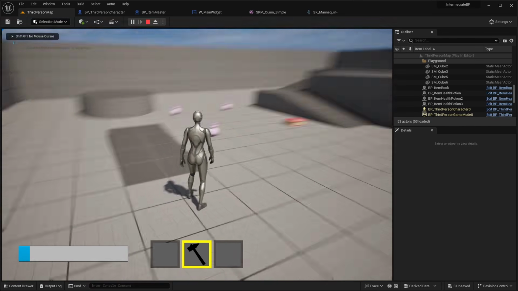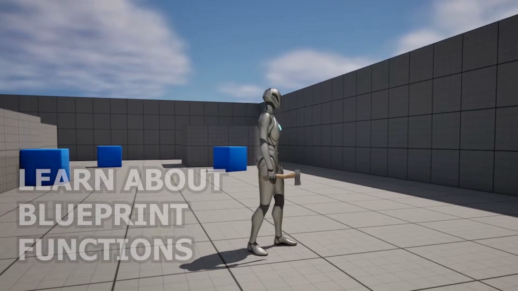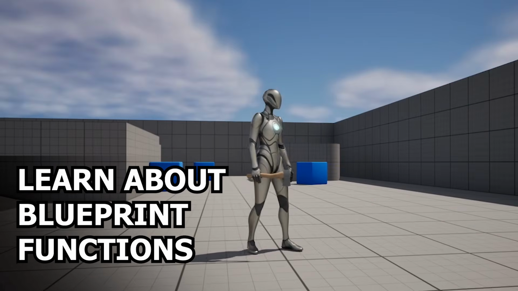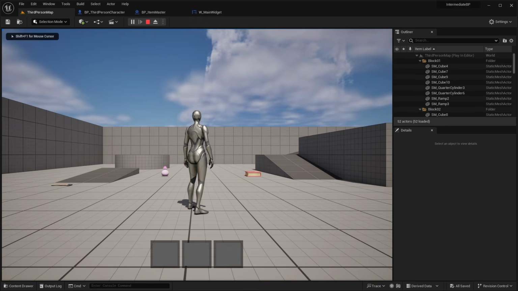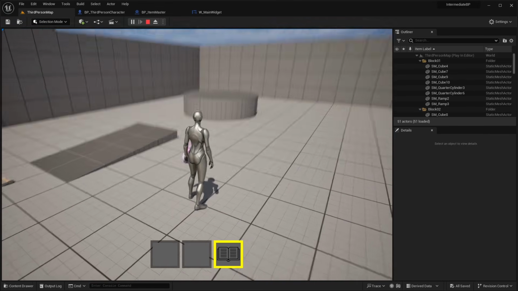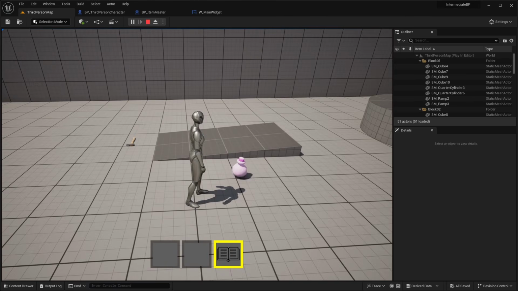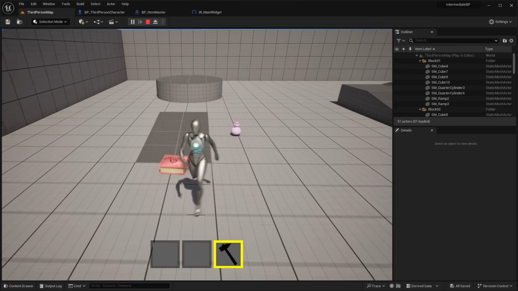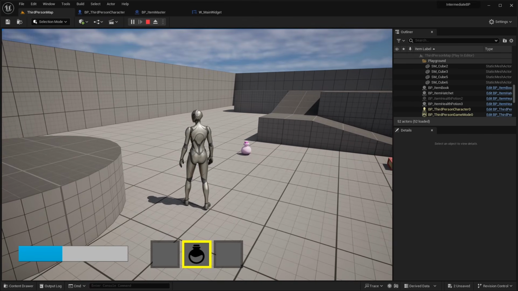I will also cover some of the other things that I skipped over in the previous video, things like what are blueprint functions, what they are used for, and how to create your own blueprint functions. Finally, we will be using all of the things that we learned in the first half of this video to create a simple inventory system that features different items that our character can pick up, and each individual item that we create has its own unique stats and variables, and also the ability to use the item with its own